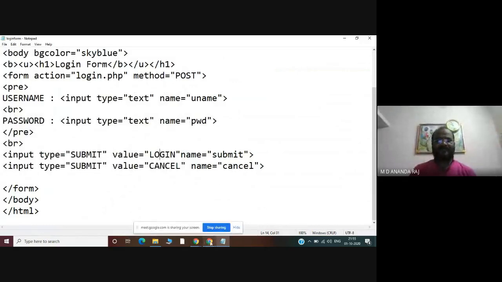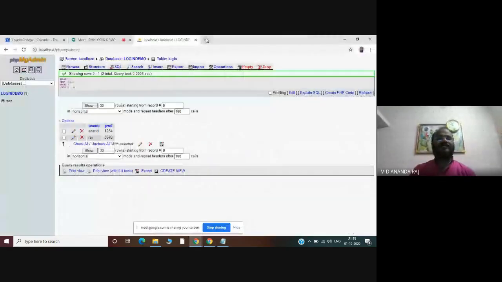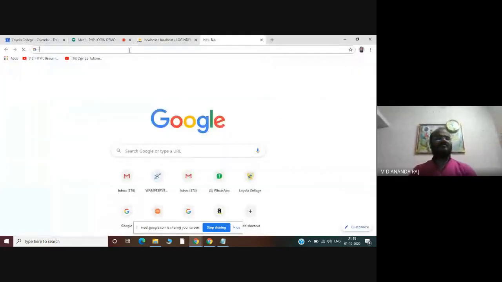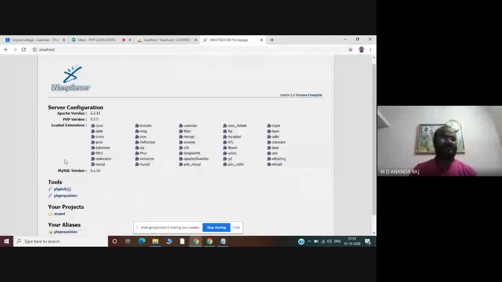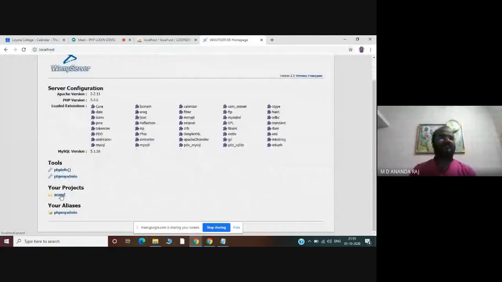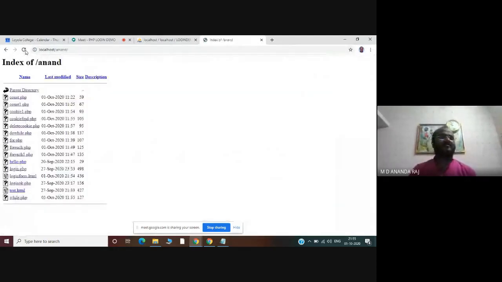Now you can open this WAMP server page and you can execute the login form. So open another window. So localhost. So you have to go to your project option. Go to Anand. Any changes you have to refresh.